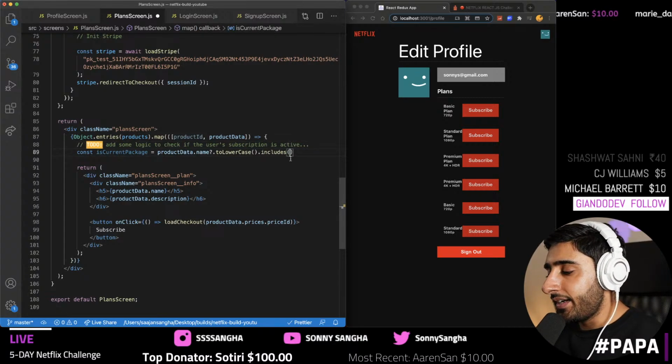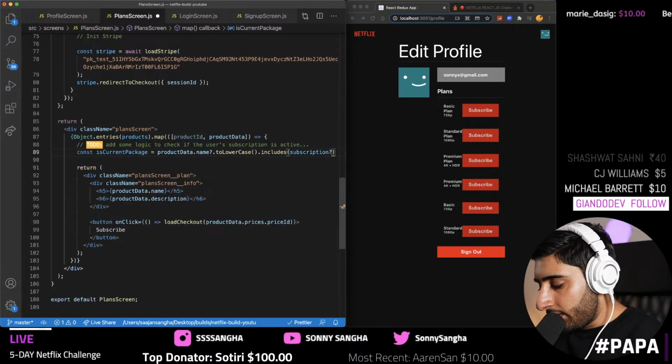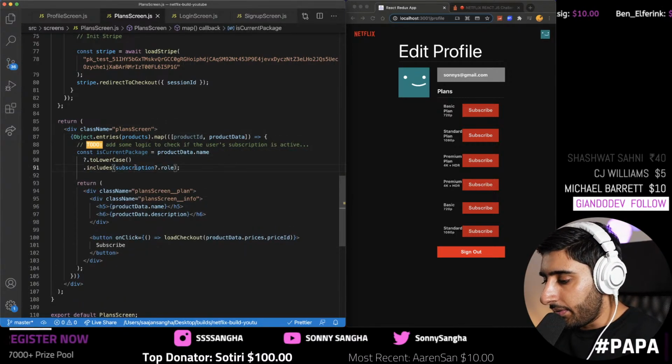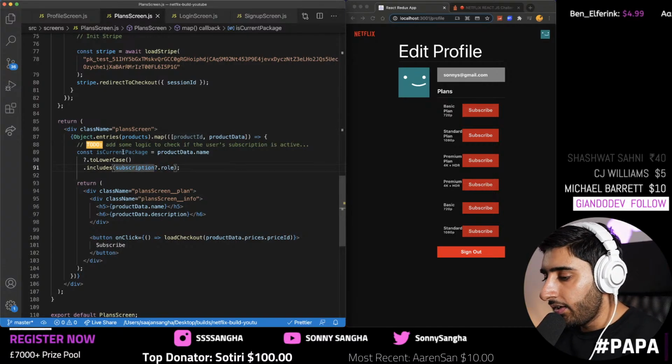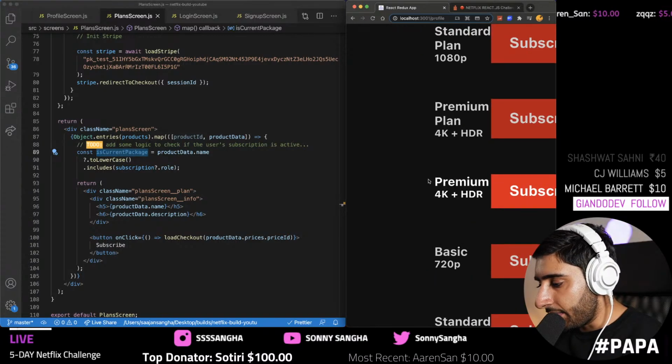So remember, the metadata actually has to match the name of the product. So here I can say if it includes the subscription dot row, and again I'm just protecting myself against undefined with optional chaining. It basically says if this is undefined then it won't just die. So we can use this now. If it's the current package, this one should be true for the premium one. And the reason I did toLowerCase is that it will match now, even if it's